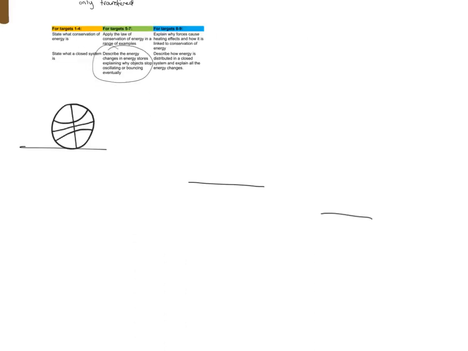If I have a ball and I drop it from a height and it starts bouncing, eventually it will reach a point where it will stop bouncing. And we know there's a lot of energy transfers taking place at this point. So to begin with, it has gravitational potential energy. As it falls, it changes to kinetic, collides with the ground here, and a lot of the energy gets transferred to the thermal store. Some of the energy actually gets transferred to the thermal store of the ball and the